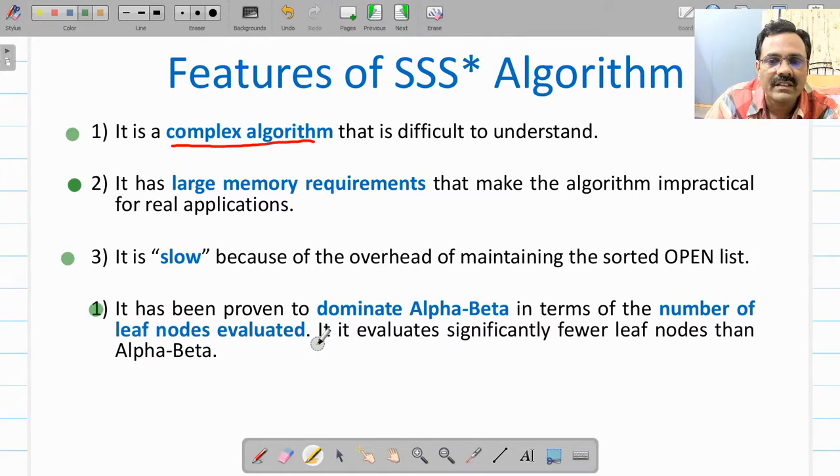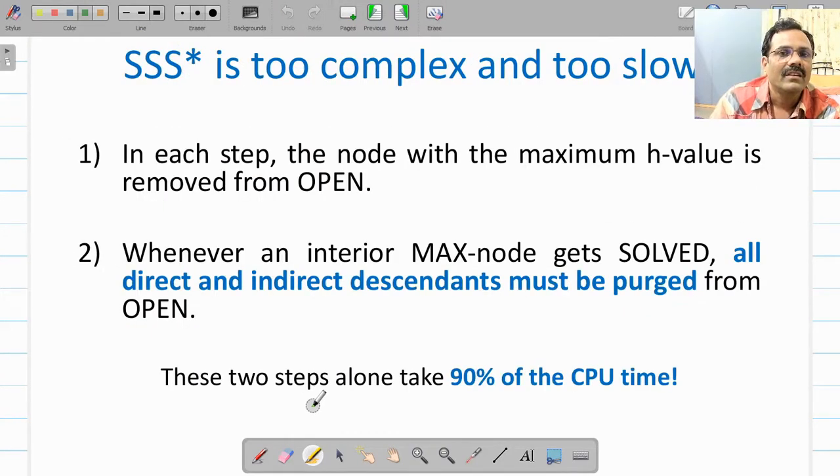But as the number of plies increases, the number of strategies drastically increases. So the computational overhead is more, since generally game trees are large. Therefore you will find the algorithm is too complex and too slow.